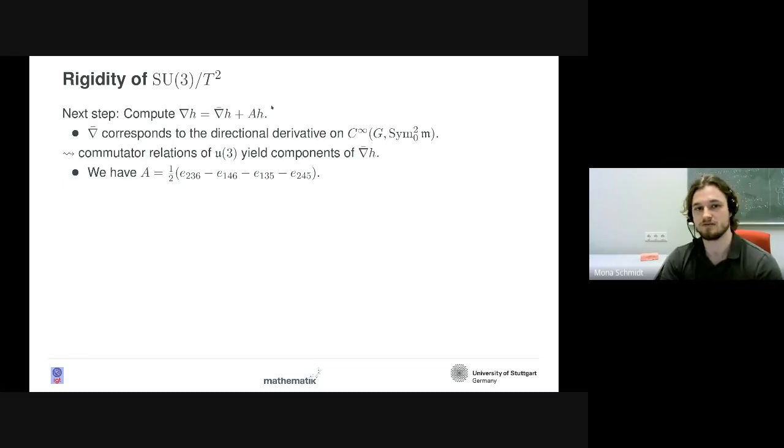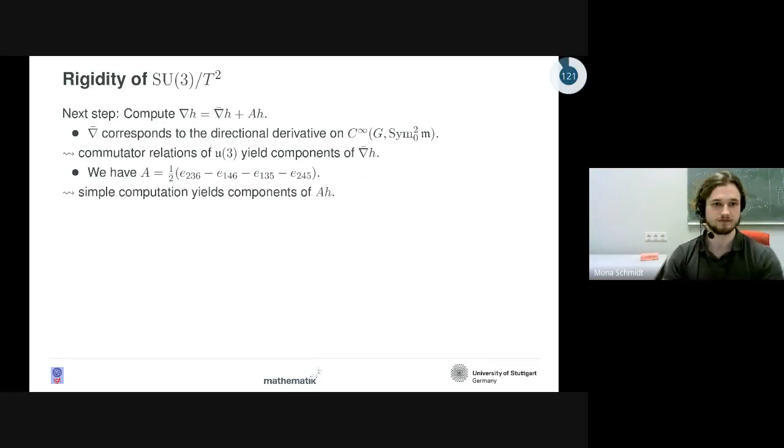So I'm doing a bit of abuse of notation. Here, A is an endomorphism on tensors of possibly any rank. And here, A is a 3 tensor that's given by the difference of the two connections. But algebraically, it works the same as extending a connection on the tangent space to a connection on arbitrary tensors. Okay, so we can write this out explicitly, also using the basis EI, and then we just combine this with H, and we get the components of AH.